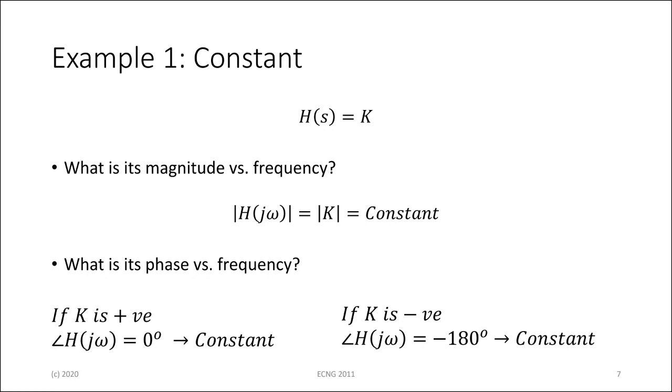Well, of course, this is not frequency dependent, so the magnitude of the frequency response is going to be a constant, whatever that value is, the magnitude of K. It's a number, so as omega varies it is just going to be a constant. And the phase, of course, if the constant is positive, the phase is 0. If the constant is negative, the phase is minus 180 degrees, in terms of degrees, the opposite direction. So if H(s) is a constant,